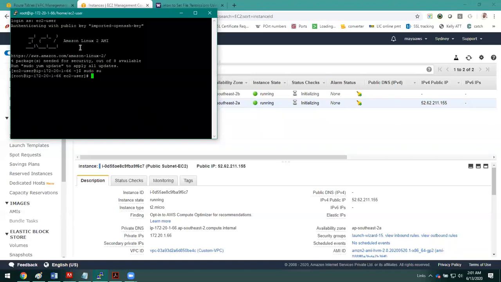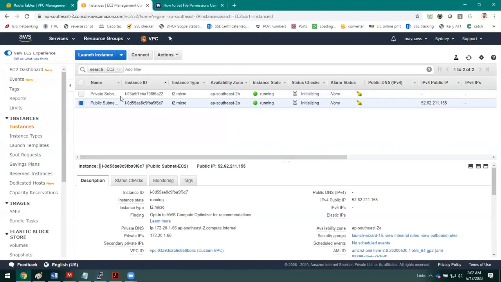Okay. So from the EC2 instance in the public subnet, I'm going to try accessing the machine which is deployed in private subnet. So let me try to SSH to the private subnet machine.